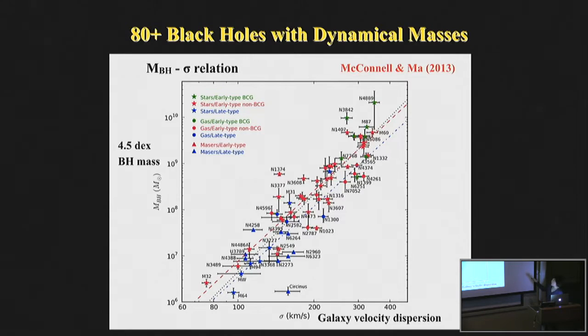But today I would like to focus on the very upper right end here, in the 10 billion solar mass range for the black hole mass. And here you see three galaxies. M87 had been a record holder for 3 decades before 2011. In 2011, we reported the discoveries of two 10 billion solar mass black holes. Both are in rich clusters. NGC 4889 is the brightest cluster galaxy in the Coma cluster, and NGC 3842 is the brightest cluster galaxy in the Leo cluster. So today I'd like to give you some updates on what's happening at the very high end.